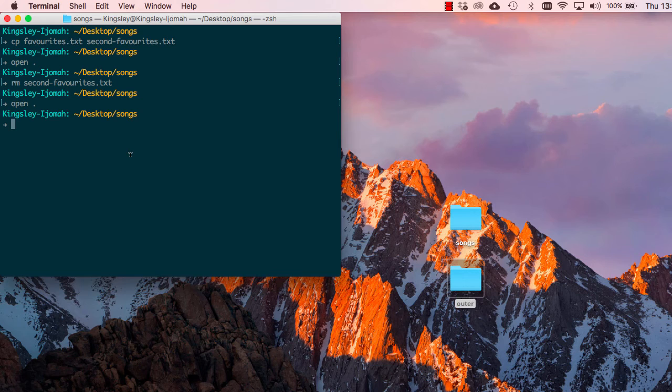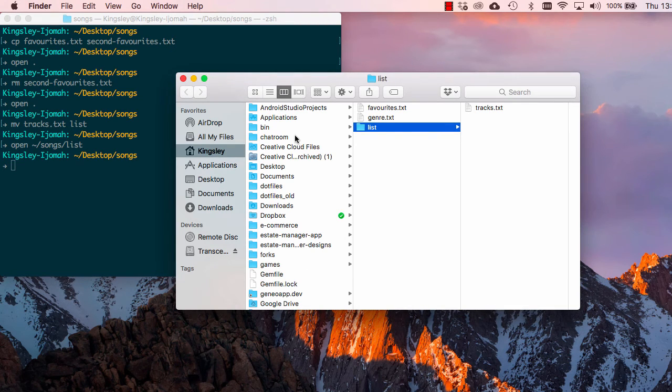All right, so we want to see how to move this tracks.txt into our list folder using the terminal, of course. To do that, use mv for move. So we say what we want to move and where we want to move it to. This will move that file into that directory, and thus that is moved. Now we can navigate directly without using the dot. We could say go into our songs folder and list,